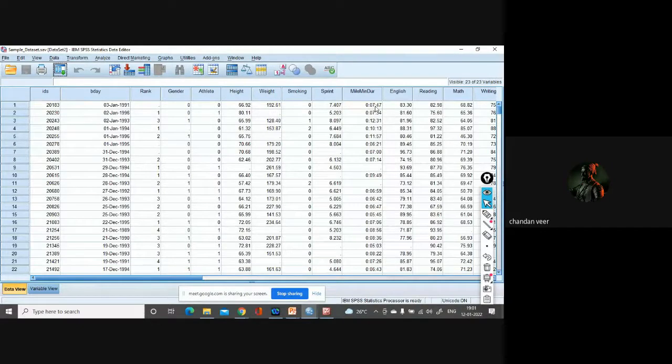Sir, it is a ratio. So time taken to run 1 mile distance, these will be intervals, sir, not ratio. Because you are measuring on, let's say, a stopwatch. So equal distances are maintained, right? So it is an interval scale. It is continuous but interval in nature. It is a continuous variable.